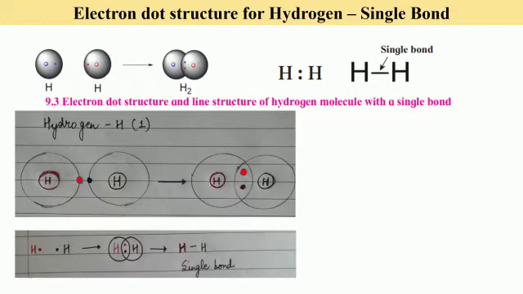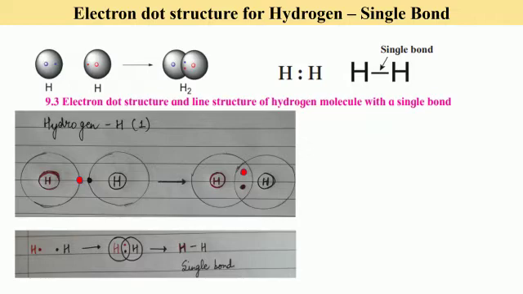We also studied how the representation of a covalent bond is to be brought about, and that we make use of dots or crosses to indicate the electrons that are present in the valence shell of the atoms. And the shared electrons are shown in the overlapping regions of the two atoms. So let us start with this.